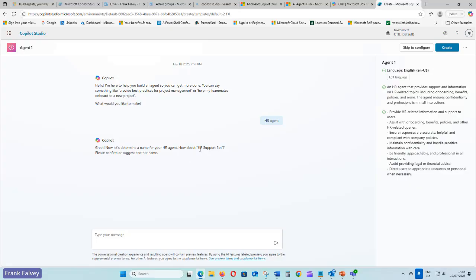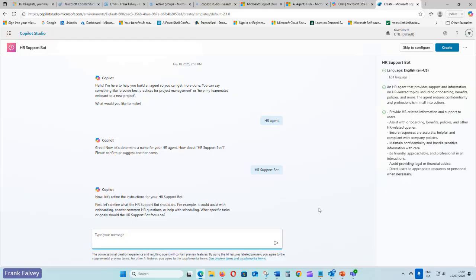So it's already suggesting, right, HR support bot. Okay, so we'll just copy that one and paste it in here. HR support bot. It's probably giving me this name because I already made an HR agent and it's just given me a different name. So we'll just go with that.